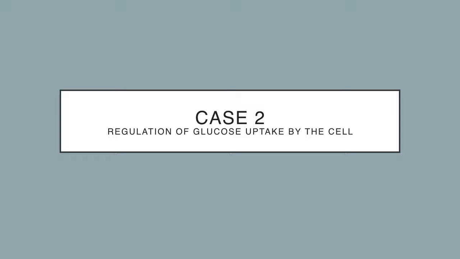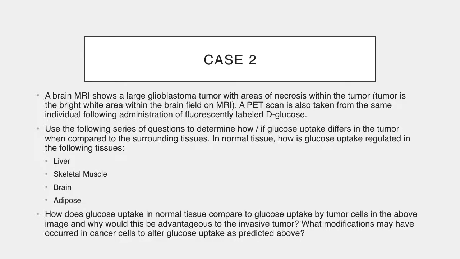So I've used case 2 for my first case connection. The case reads as follows. A brain MRI shows a large glioblastoma tumor with areas of necrosis within the tumor. The tumor is the bright white area within the brain field on the MRI. A PET scan is also taken from the same individual following administration of fluorescently labeled D-glucose. Use the following series of questions to determine how and if glucose uptake differs in the tumor when compared to